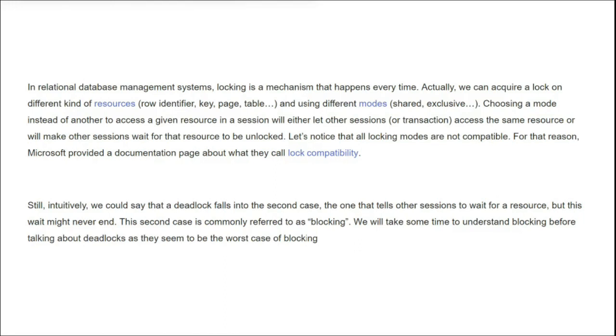ኢንተንት ሼርድ ኦር ደግሞ ኢንተንት ኤክስክሉሲቭ የሆነ ሎክ ይኖረናል። ሰው አንዳንድ ጊዜ ትራንዛክሽኑ በጣም ሰፍቶ ሌሎችም ስቴትመንቶች ሪድ ማድረግ ወይም ደግሞ አፕዴት ማድረግ የሚጀምሩ ከሆነ ቀጥታ ምን ያደርግና ሃይራርኪውን ይጠብቅና እዛ ላይ the whole ቴብሉ ላይ ኤክስክሉሲቭ ኢንተንት ኤክስክሉሲቭ ኦር ኢንተንት ሼርድ ሎክ እዛ ላይ ሊያደርግ ይችላል እዛ ሪሶርስ ላይ